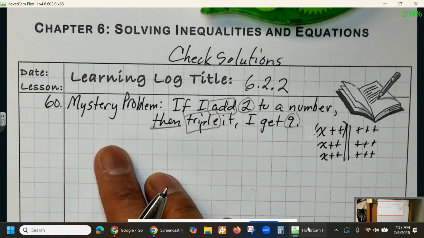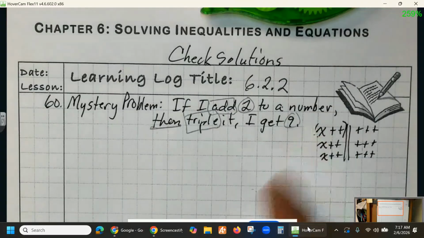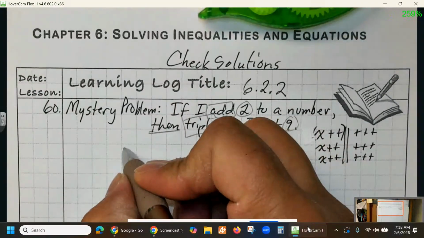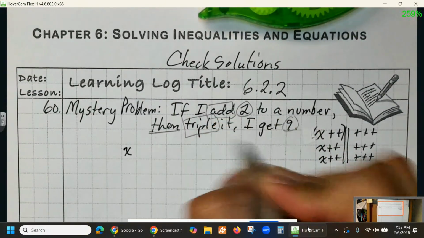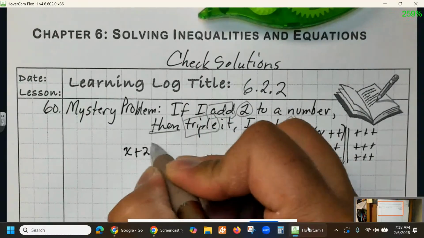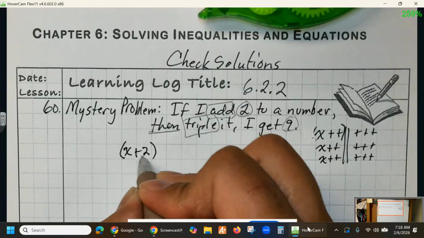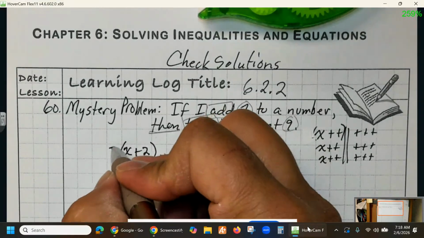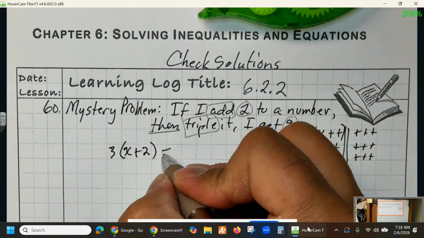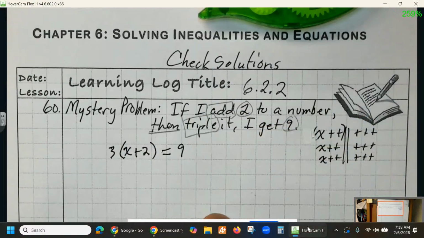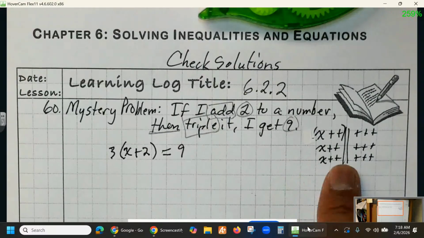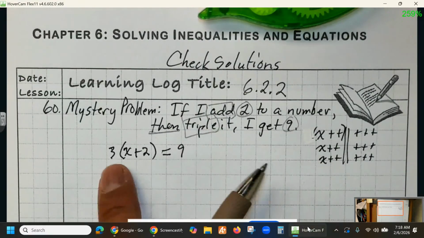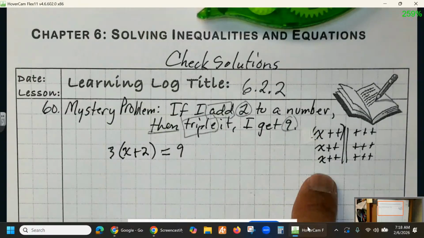So we can kind of envision this. If it was an algebraic equation, remember how I put the parentheses here and the 3 there? So I first have a number. I add 2 to that number. Then, after I do this, first, parentheses, I'm going to triple it. I get 9. So here's my algebraic equation. All right? Now, if you look at the tiles, you know that this expression right here gives us 3 x's